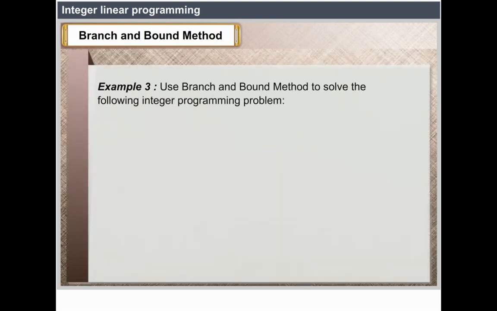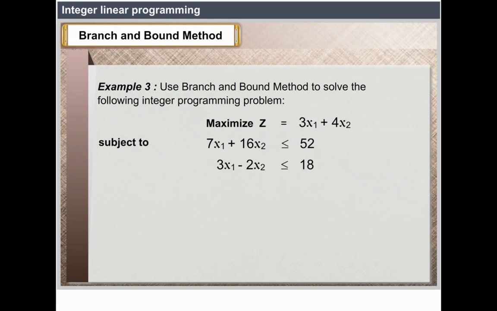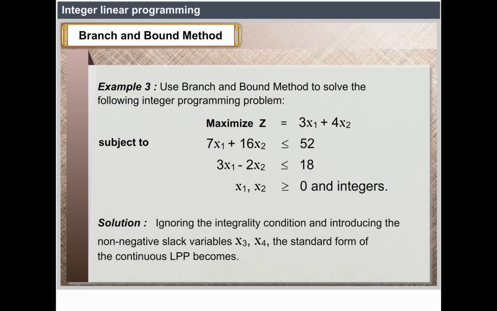Example 3. Use the branch and bound method to solve the following integer programming problem. Maximize z = 3x1 + 4x2 subject to 7x1 + 16x2 ≤ 52, 3x1 − 2x2 ≤ 18, and x1, x2 ≥ 0 and integers. Solution: ignoring the integrality condition and introducing the non-negative slack variables x3, x4, the standard form of the continuous LPP becomes